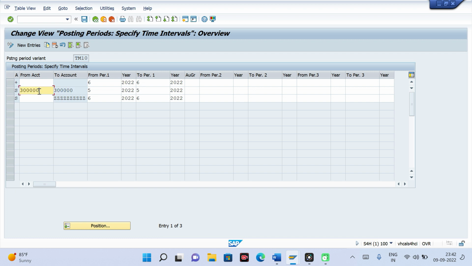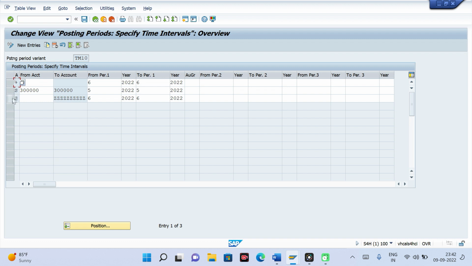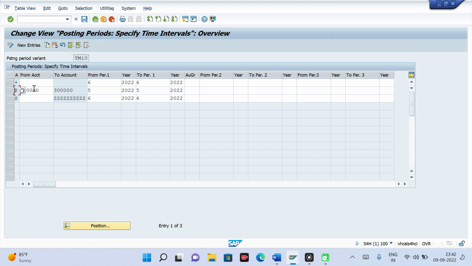Now whenever I post specific to the GL, first it will check this one, then it will not check this range. Rather it will go and check specific to this GL whether the period is open or not.